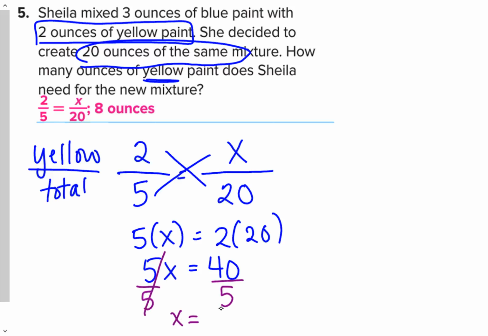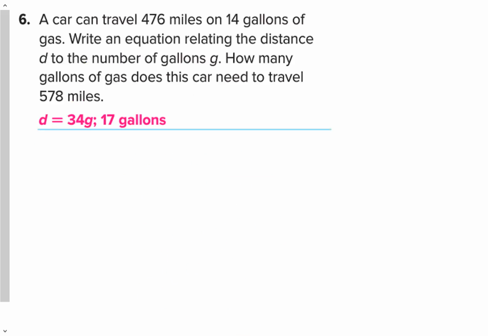40 divided by 5 is 8, so we would say 8 ounces. Right, and let's not forget our unit. All right. Now we're going to get into some problems where they want you to use an equation rather than a proportion. You can use a proportion if you want. I'm going to show you the